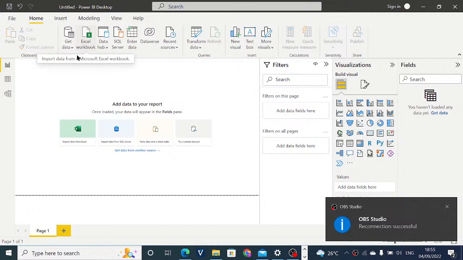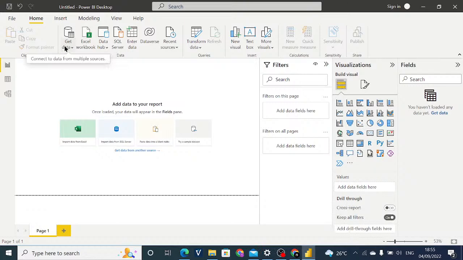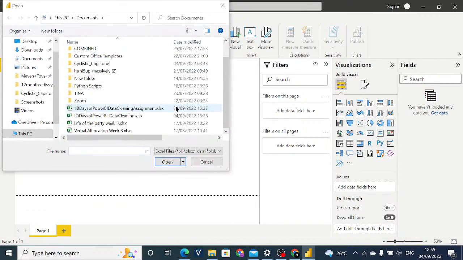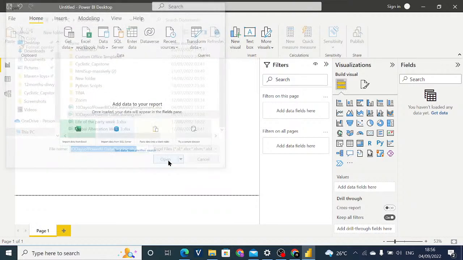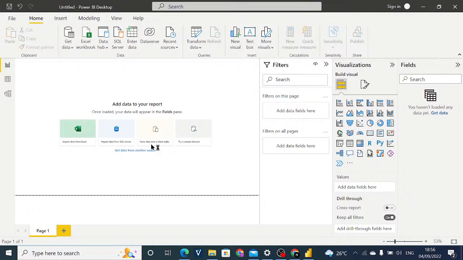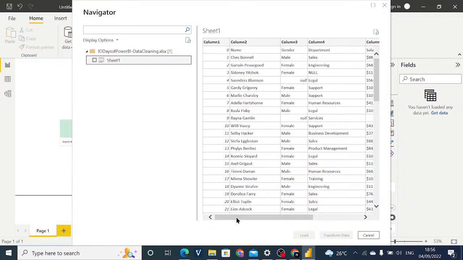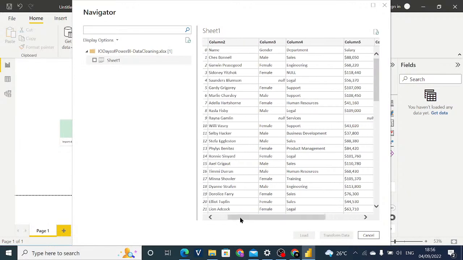So you can get data from an Excel workbook here as well. So I'm just going to get data from here. I'll click on Excel workbook and then select my data set of choice. Once I click on my data source, Power BI opens a Navigator window, which shows me my data and the sheet, the data table, which is the same thing as a sheet. I'm just going to click on this here and we're going to see a little preview of the data. When we look at that and it's looking all good, that this is indeed the data set I'm supposed to receive from the business,